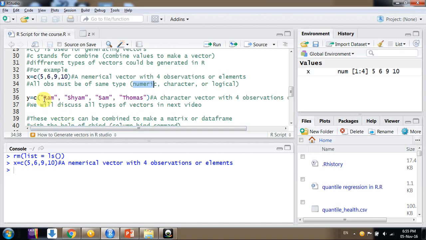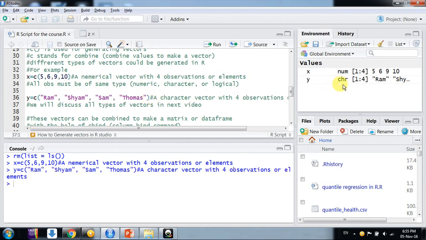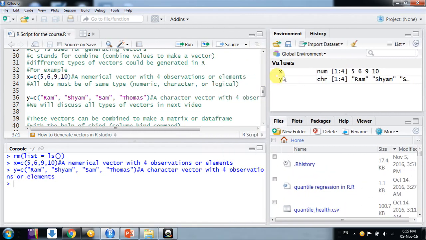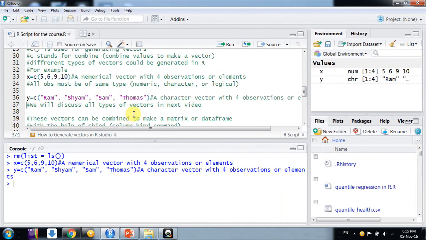One more example, friends: we are generating one more vector y using c by combining different names here, Ram, Sham, Sam, Thomas. It's a character vector which contains 4 elements, and use Control Enter. So now we have 4 values here. We will discuss all types of vectors in the next video.